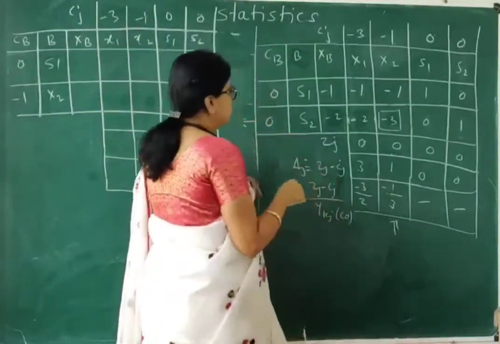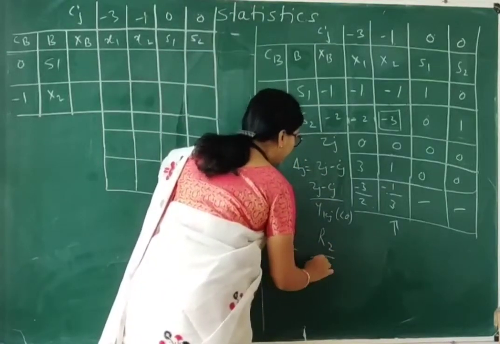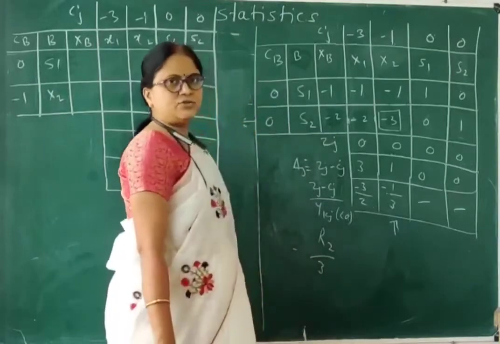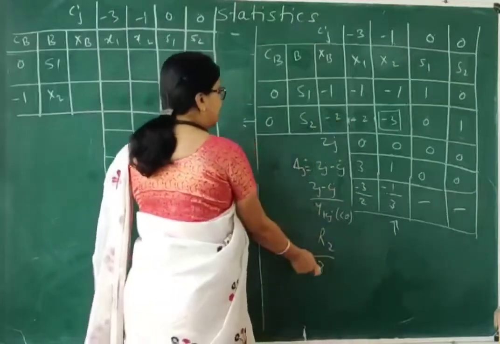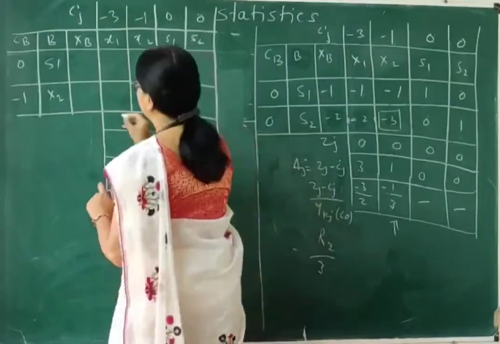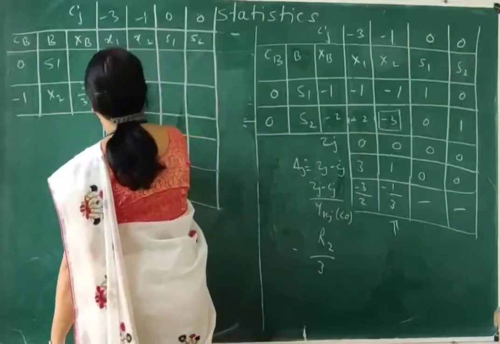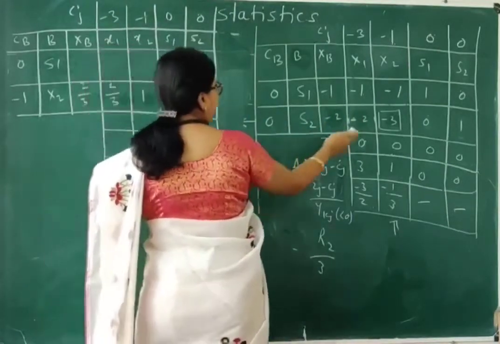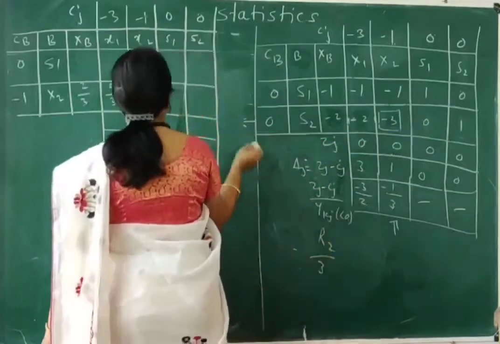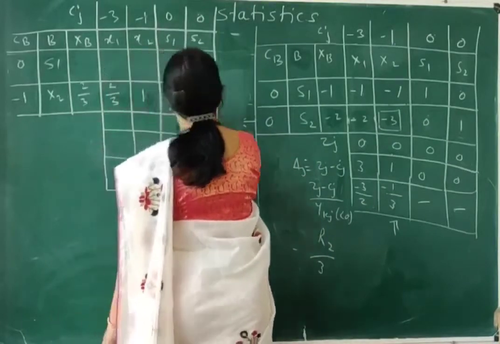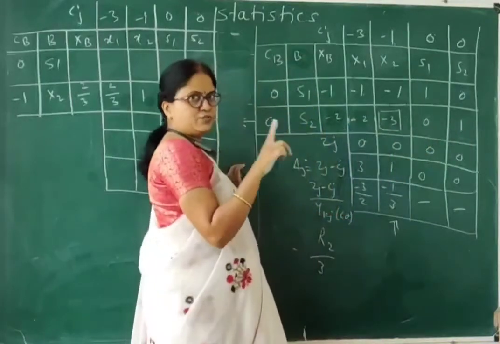Now let me have the row transformation first. We can divide row 2 by -3, so it becomes 1 over here. Okay? So -2 divided by -3 is positive 2 by 3. Then what about this value? It is again the same, 2 by 3. Then the next value is 1. Then 0 multiplied by -3 is 0, and 1 divided by -3 is -1 by 3. Okay? We can multiply this row by -1 by 3.